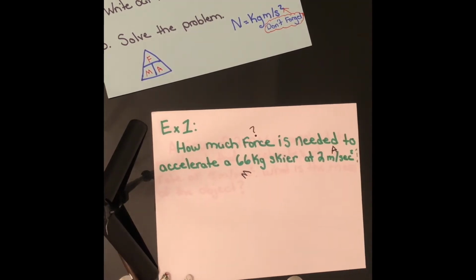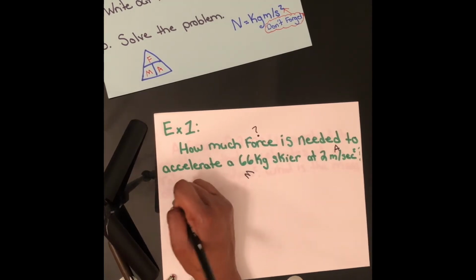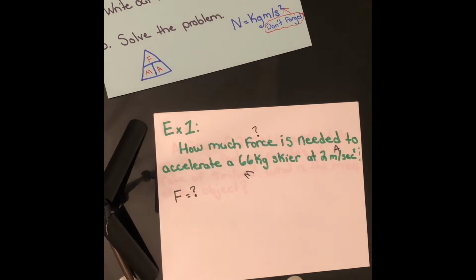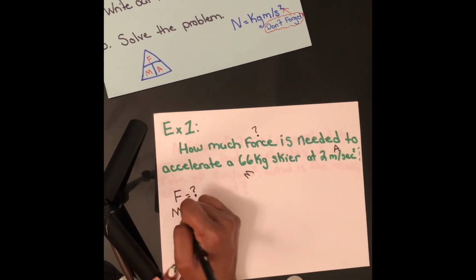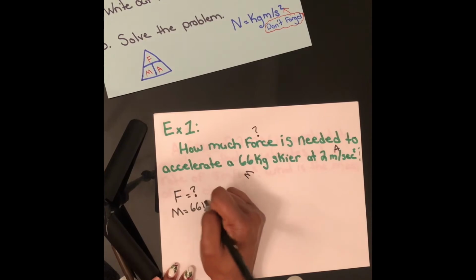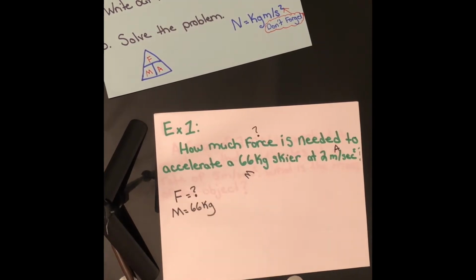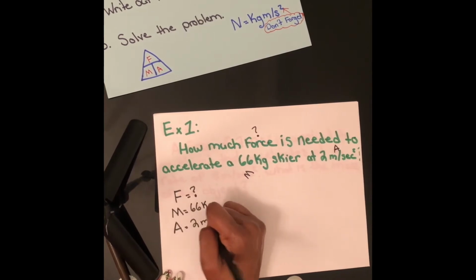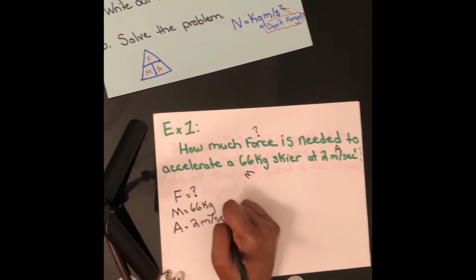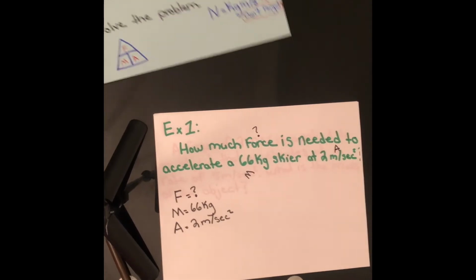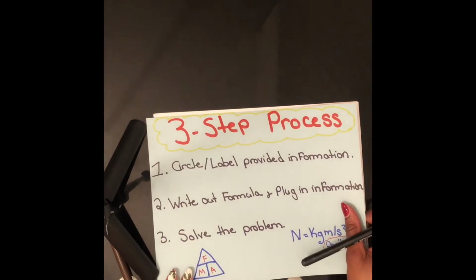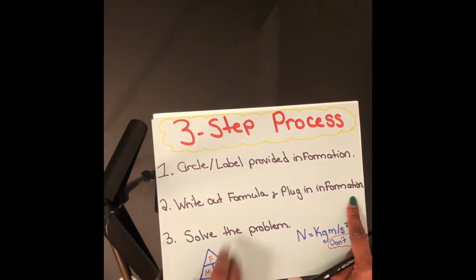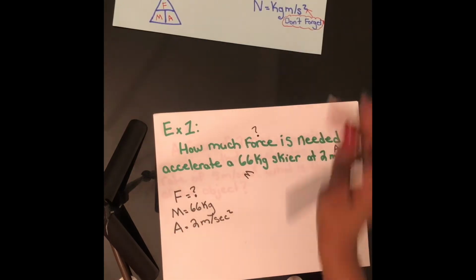Now, we're going to write all of this out. We are looking for force, so I'm going to put an F and a question mark, because that's what we're going to be solving for. They have provided us with mass, 66 kilograms. They have also provided us with acceleration, which is 2 meters per second squared. Now, second step of our three-step process, we're going to write out the formula and plug the information in. So, with that being said,